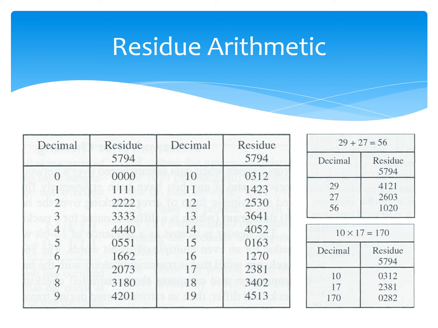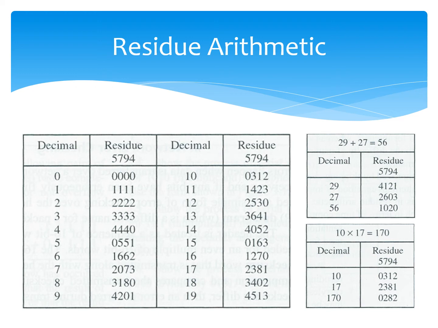For example, as shown on the right, assume we want to add two decimal numbers, 29 and 27. In residue 5794 representation, 29 can be represented as 4121, and 27 can be represented as